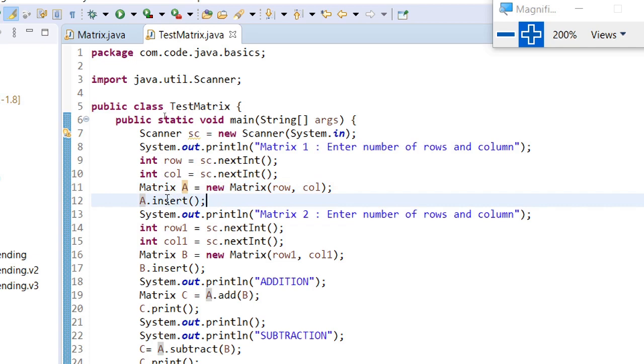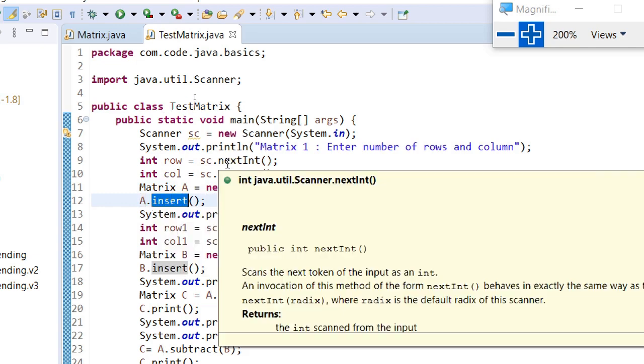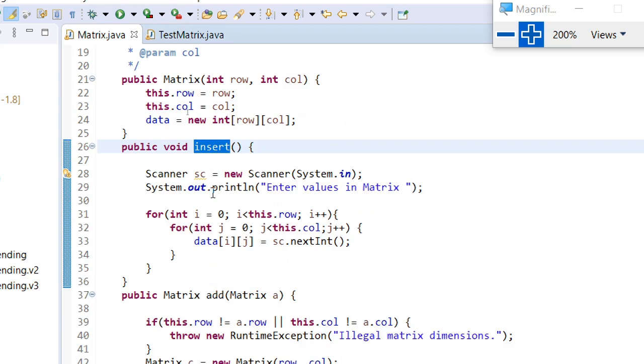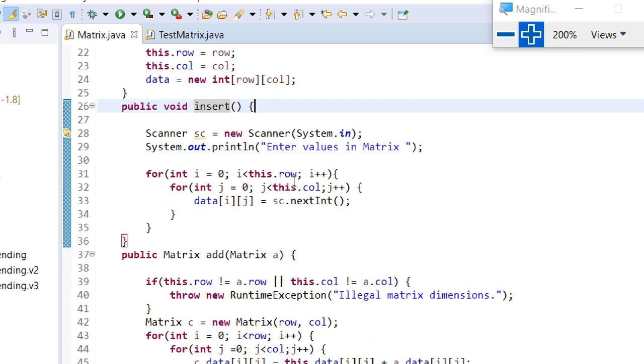Then the first thing I have to do is insert the data inside the matrix. For that I have an insert method. So let's see what the insert method is doing. Insertion means you have to insert the data, so we can access the element of the data on the indexes.